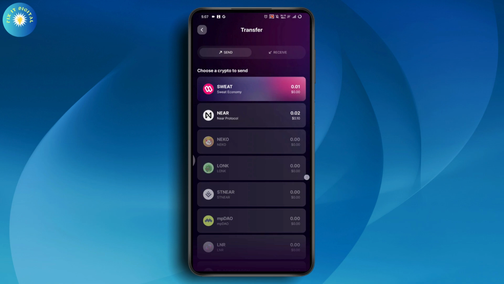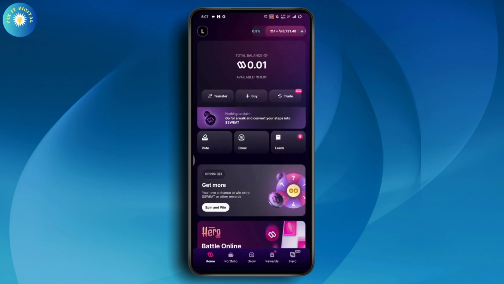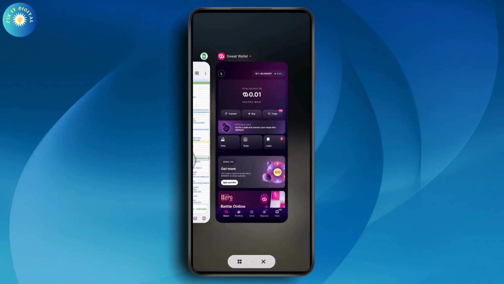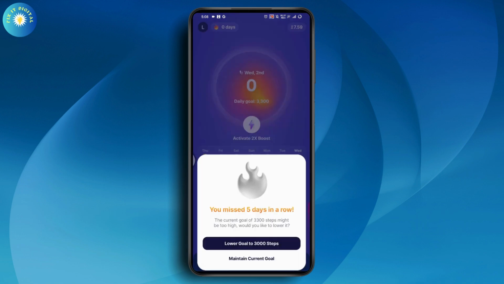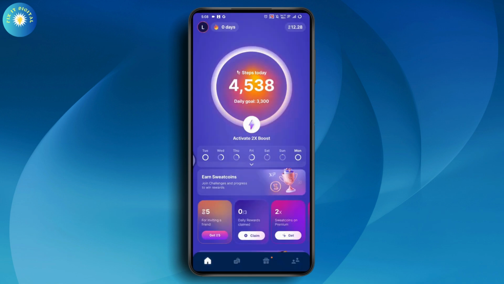Or if you want to convert the steps in the Sweatcoin to your Sweat wallet, then what you need to do is simply have the Sweatcoin application and the Sweat wallet application. Once you have both the applications, simply log into both the applications with your account. You need to log in with the same account, and once you log in with the same account, then it will automatically transfer the coins that you have on your Sweatcoin to your